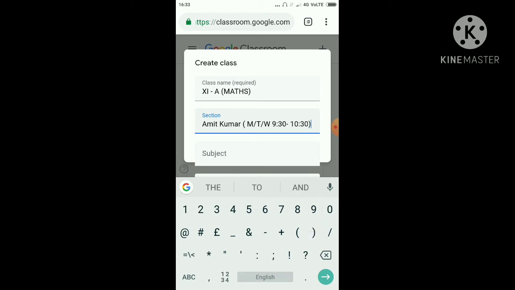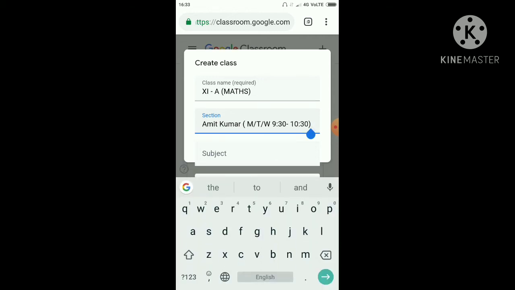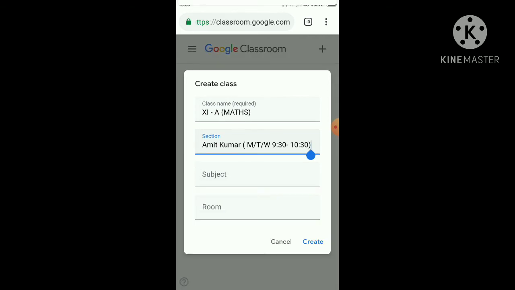You can put it here in brackets. And subject and room should be kept blank. Now if there is more than one timetable, if different timetables are there, you can separate them here by comma. Different time on Monday, different timetable on Tuesday. Now you can change according to your need, up to this one.